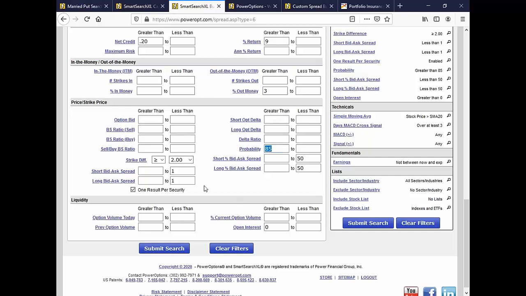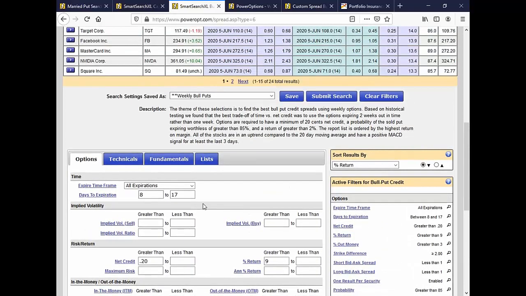Probability. What about 1-point spreads with 70% probability? What about 1-point spreads with 75% probability? Run that consistently, paper trade it, actually trade it, and then test it over multiple markets. What I found long-term for a full testing year of 2014, 2015, 2016, most of my trading from 2015, 2016, 17, other tests done in 2018 and 19, is that the return long-term, factoring in that you will take losers,